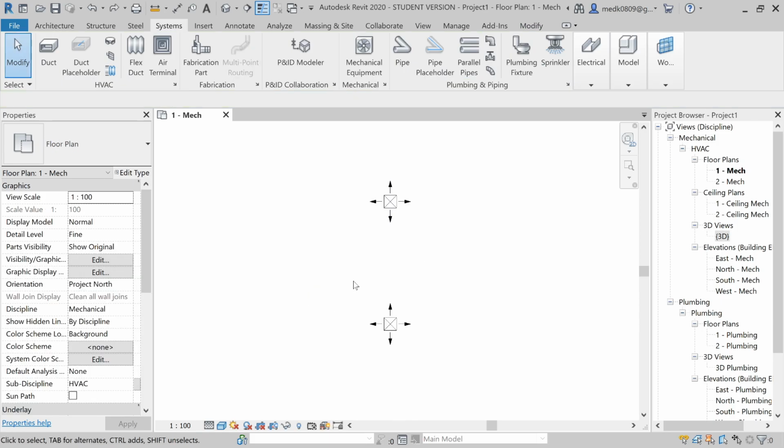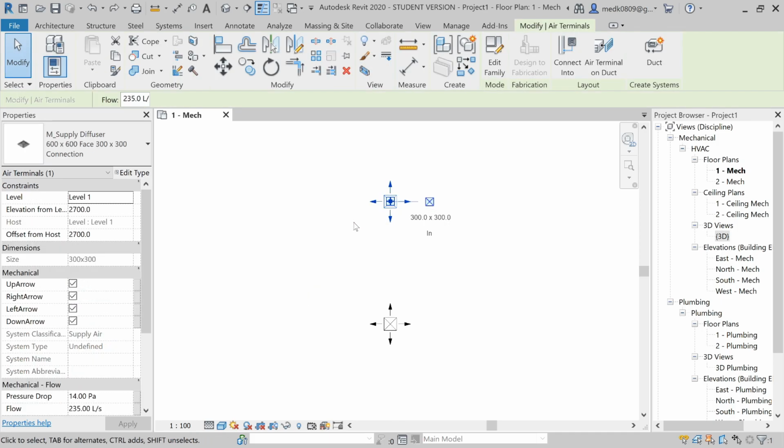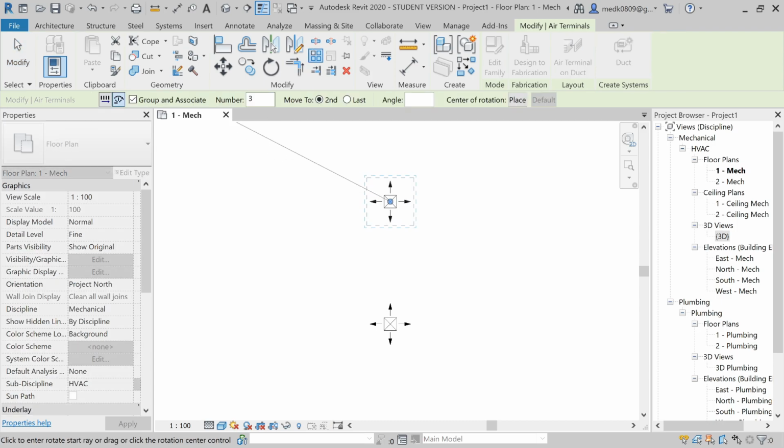Let's do Ctrl Z. Let's select this A terminal again. Let's go to array. Then this time let's say the number of copies will be 8, and here now move to last. I will select, and then center of rotation, place.